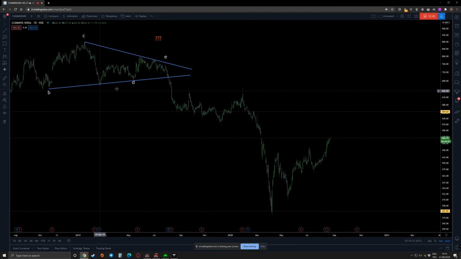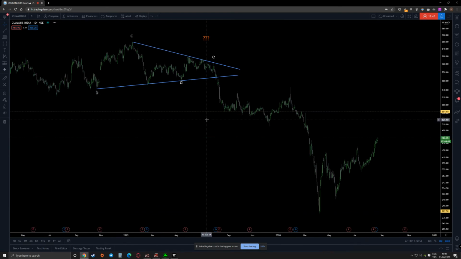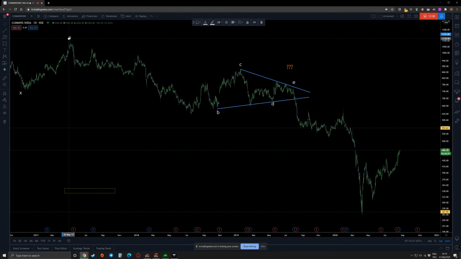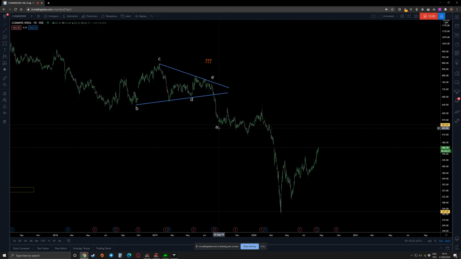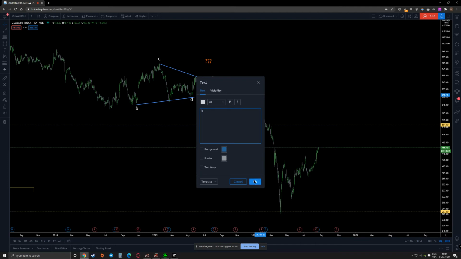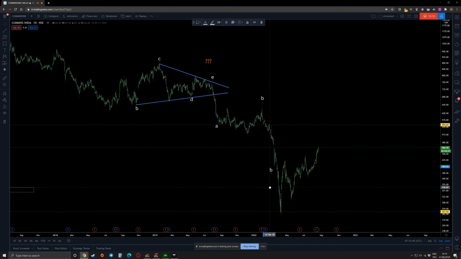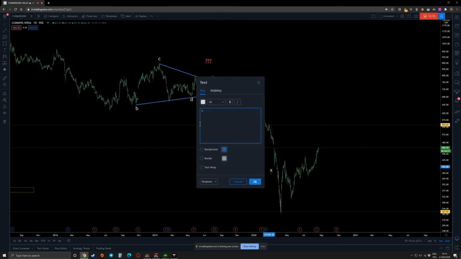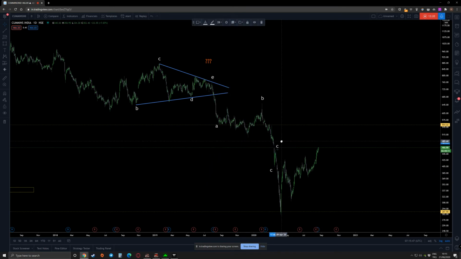Now, look at this move. What do you see? We have a move to the downside, we have a consolidation period, and then another one. So what I would like to argue here is maybe we have something like this. A wave A, a wave B, a wave C, sorry, wave C, wave X,